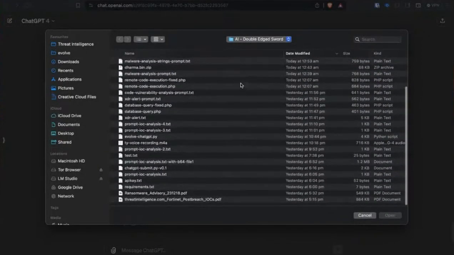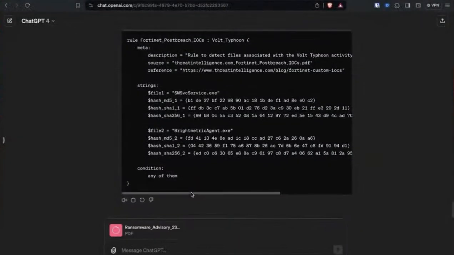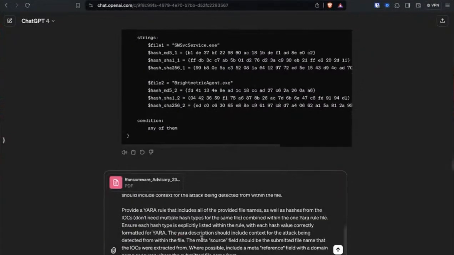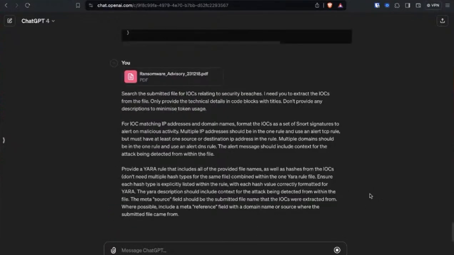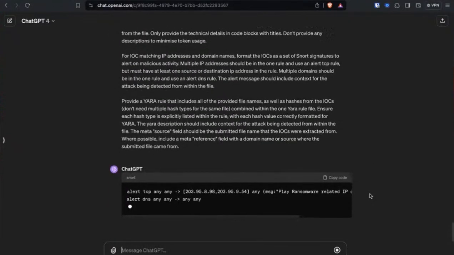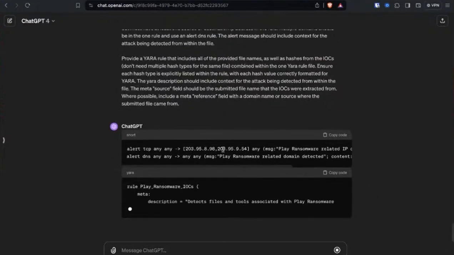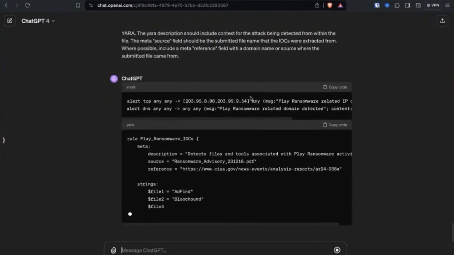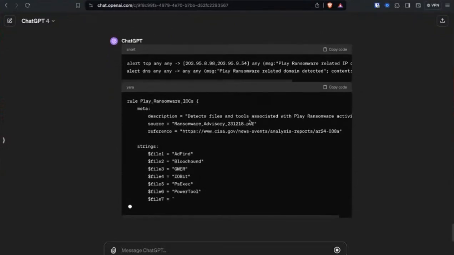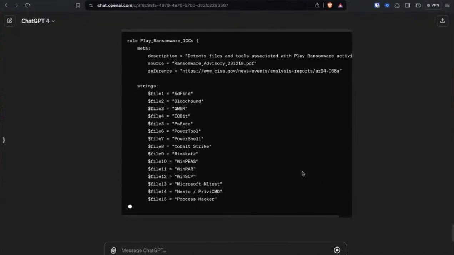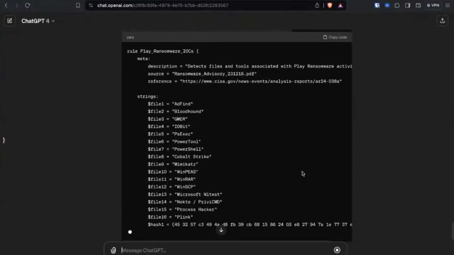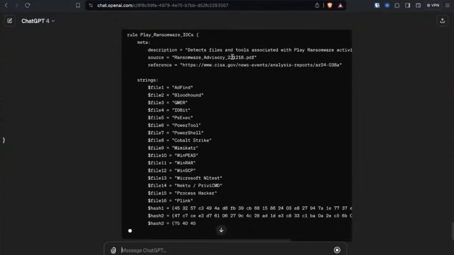actually a security alert from the ACSC, a ransomware advisory, we give it the same prompt. So again, it's a generic prompt, just a different file, completely unstructured text. And you can see again it's created the IP addresses and the domains to be filtered on. And then you've got the YARA file and the indicators that are provided within that ransomware